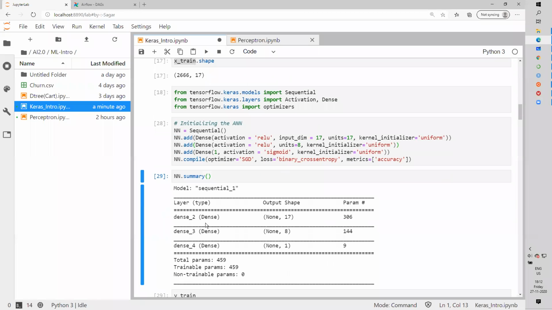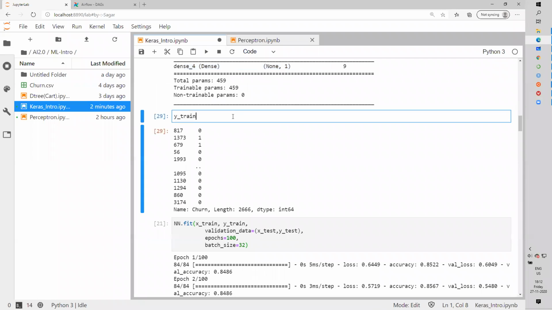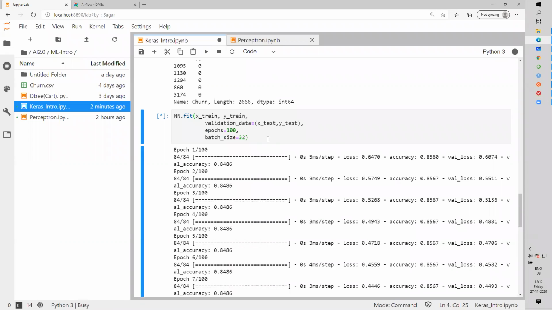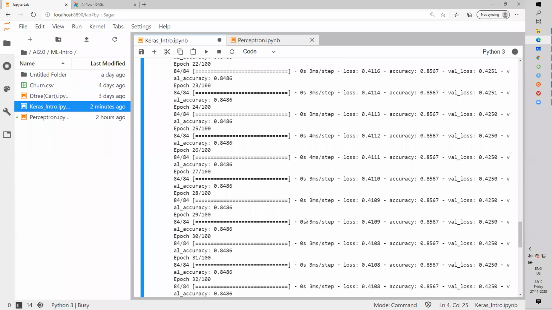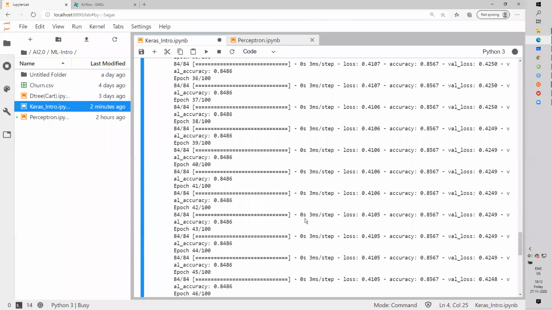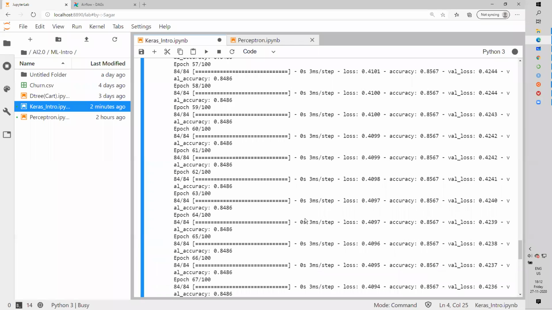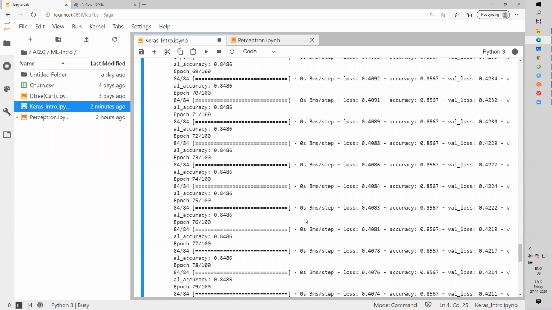Now you can see here, the first dense layer, number of inputs is 17, so 306 parameters. Second hidden layer, 8 neurons, so 144 parameters. And the last layer is going to be having 9. And let's retrain this. Now it might take a little more time for each iteration because the complexity of our neural network has increased, and maybe even the training would need a little more epochs than before, because it was actually not learning much. We might not get a better result than what we have seen before, but